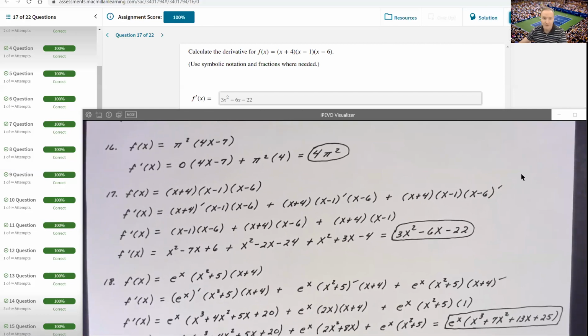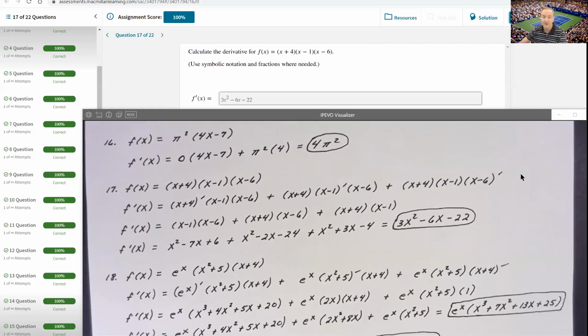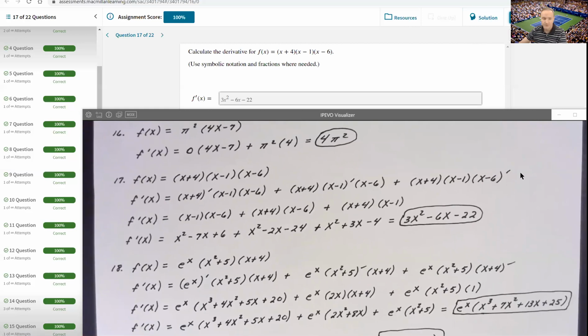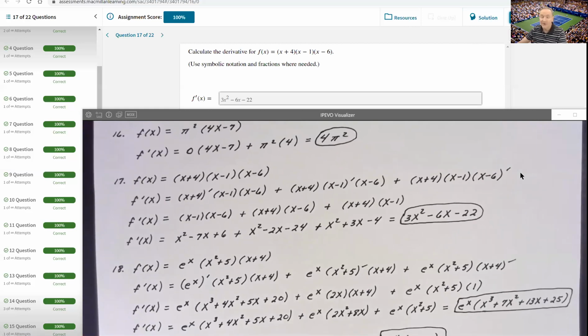17, I like this question. I like it, I like it, I like it. The 3-term product rule. So no matter how many terms you're taking the derivative of, I need you to understand,